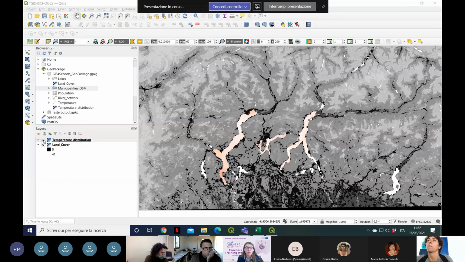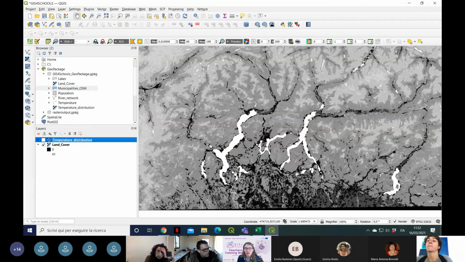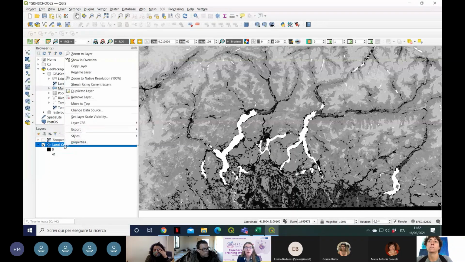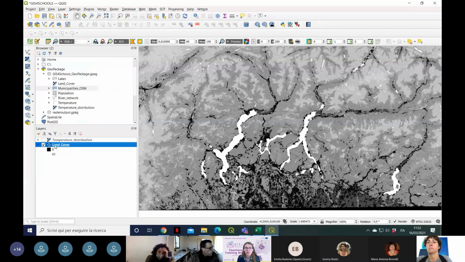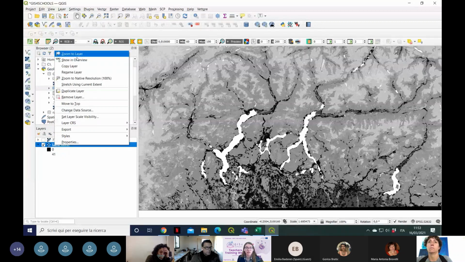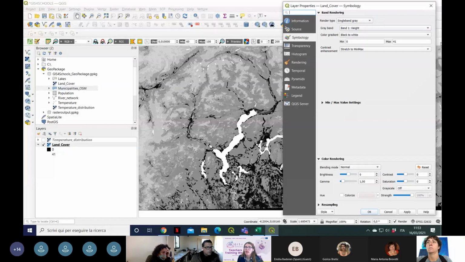raster data. So switch off your temperature distribution by clicking here. So now you can see the lakes as white. Go on land cover as before, right click on it. You can see now this window, click on properties. And on properties now we can look at the ways to visualize this qualitative information that is stored into the